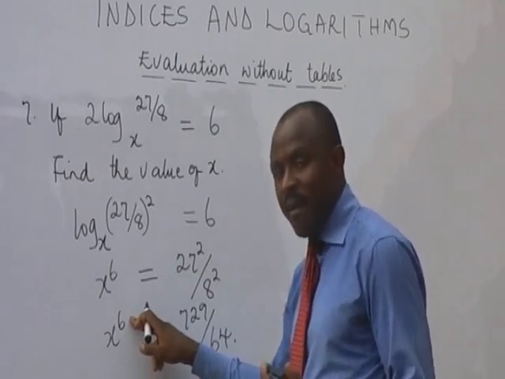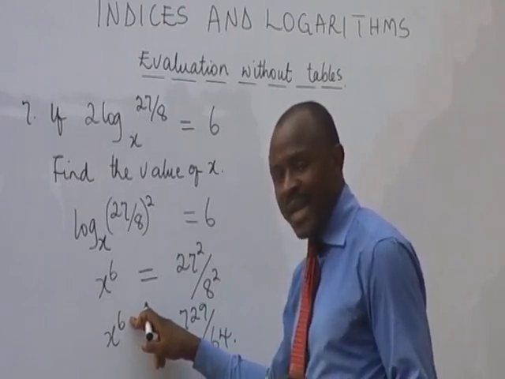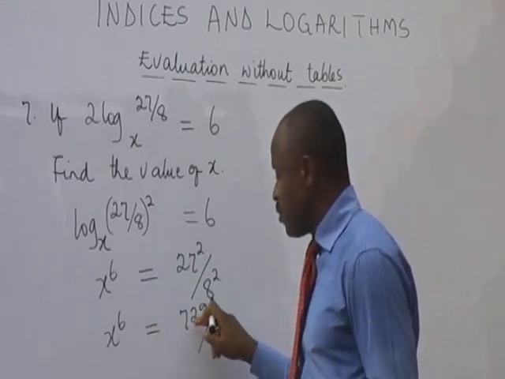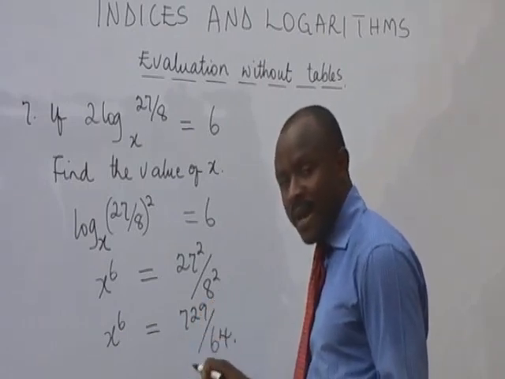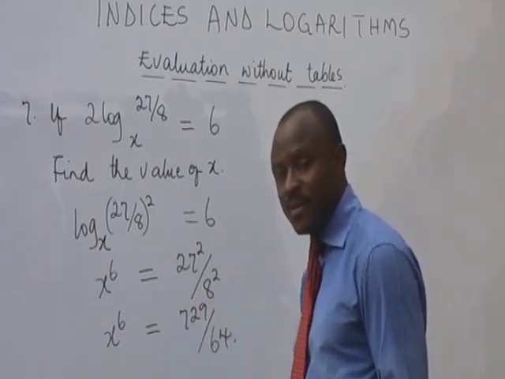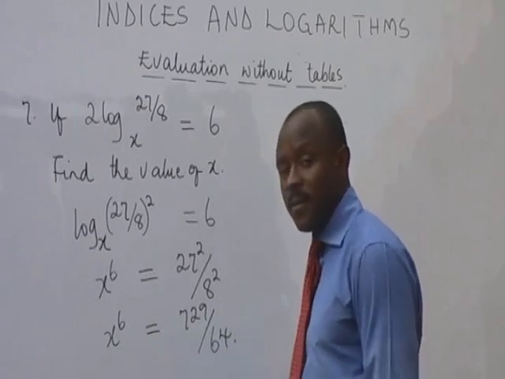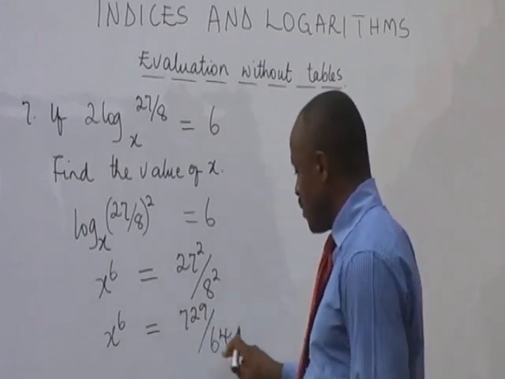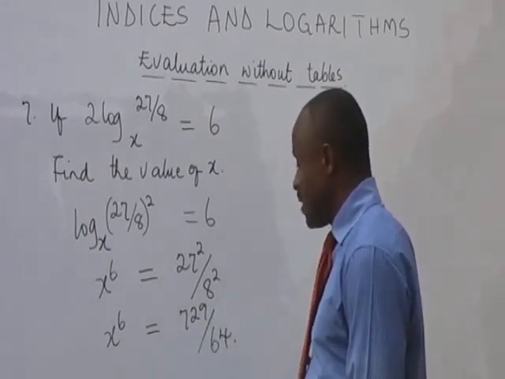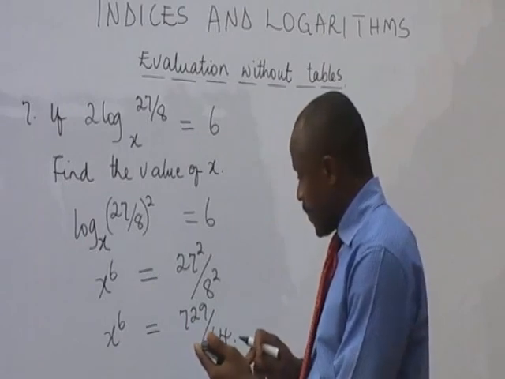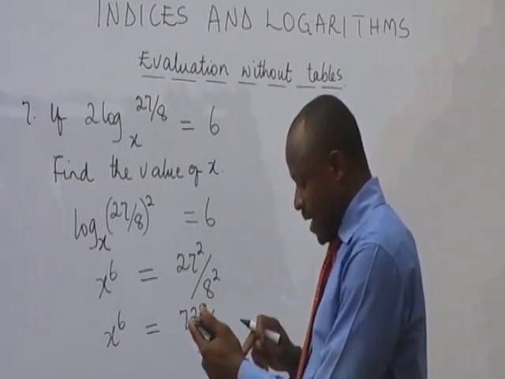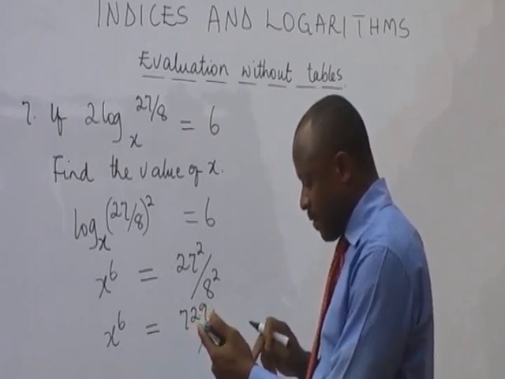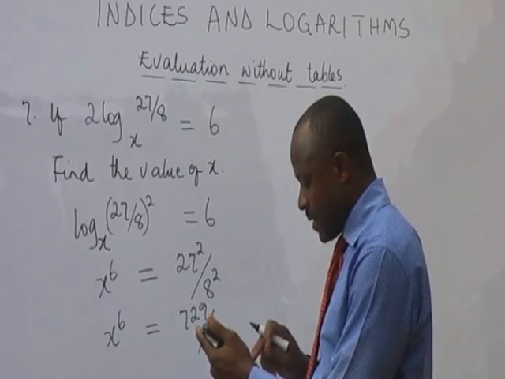What do I mean? Find a number that if it multiplies itself 6 times, you will get 729, and another number that if you multiply it 6 times, you will get 64. I'm looking at 3 for 729 and 2 for 64. Let's try it. 3 times 3, that is 2, times 3, 3 times 3, 4 times 3, 5 times 3, 6 times is equal to